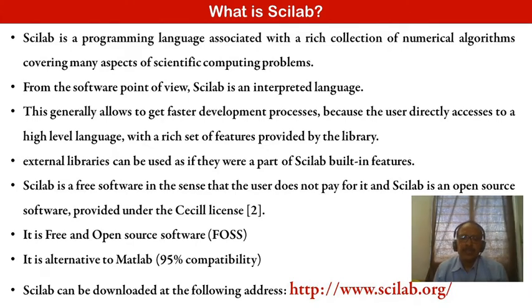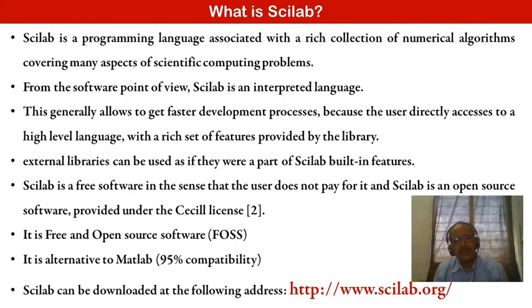Now for digital image processing, MATLAB is useful and is used everywhere, but MATLAB software has a very huge size, as well as it is payable software, and that's why we prefer Scilab for our practical purpose. In Scilab, 95% compatibility is achieved. It means that different functions which are used in MATLAB we can also use in Scilab. So near about 95% of functions are the same in MATLAB and Scilab.